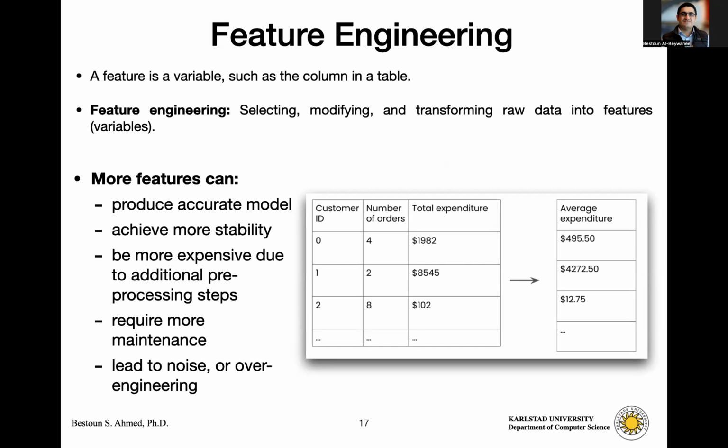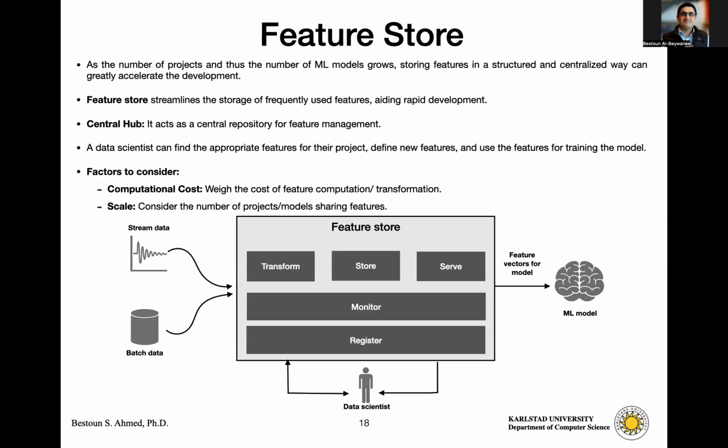So this is very important. Sometimes more features is not good. Sometimes more features is good. So it depends, actually. More features can produce a more accurate model, more stability, but sometimes it's expensive and needs more maintenance. And sometimes adding more features will add more noise to the data. So if you do a lot of feature engineering and you have big data, huge data with the model and everything,